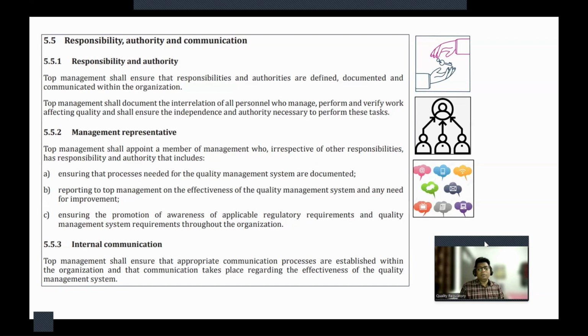And top management has to ensure how internal communication will be performed within the organization. Okay. That could be email, that could be some other form. Let's say right now emails are very much used. If sometimes they are sending notices, memos, those kinds of things, management has to decide that these are our official communication and we have to follow them within the organization. Okay.